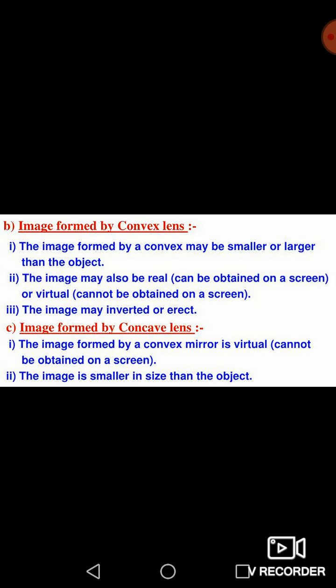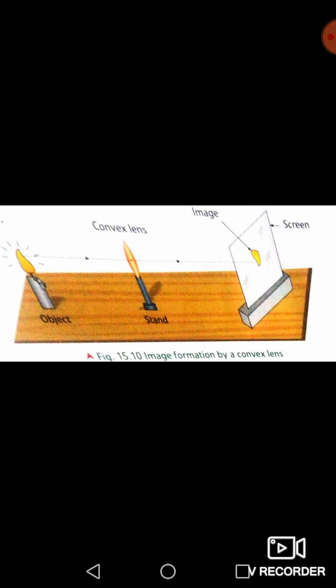Now image formation by convex lens and concave lens. How image is formed by a concave and convex lens? To observe the image formation with a convex lens, we place the lens on a lens holder and place a lighted candle on one side of the lens. On the other side of the lens, a white screen is placed. Now, adjusting the distance of the candle from the lens, we get an image of the candle on the screen. And according to that, we come to know different positions of the image formed by this lens.